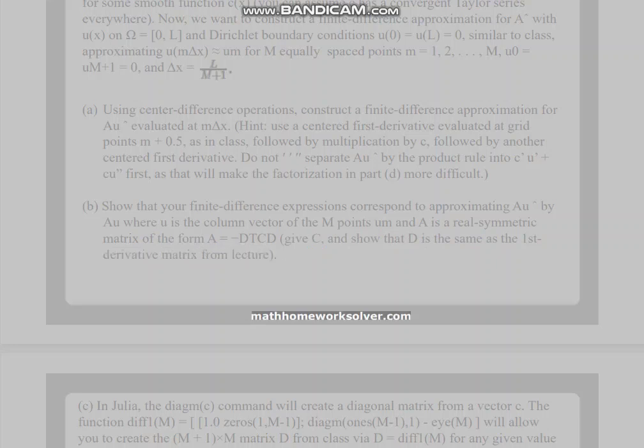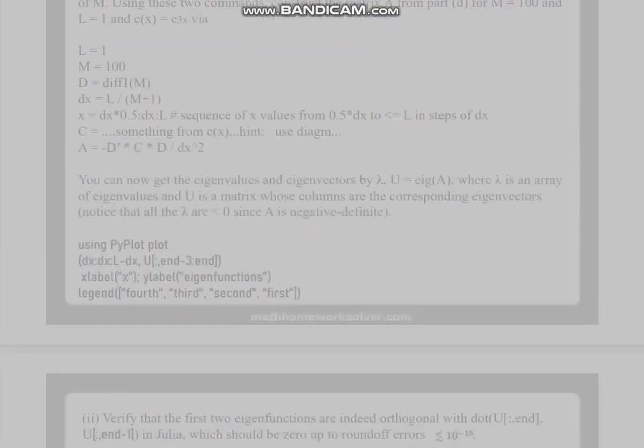C. In Julia, the diagm(c) command will create a diagonal matrix from a vector c. The function diff1(m) will allow you to create the m plus 1 times m matrix D from class via D equals diff1(m) for any given value of m. Using these two commands, construct the matrix A from part B for m equals 100 and L equals 1 and c(x) equals e^(3x) via